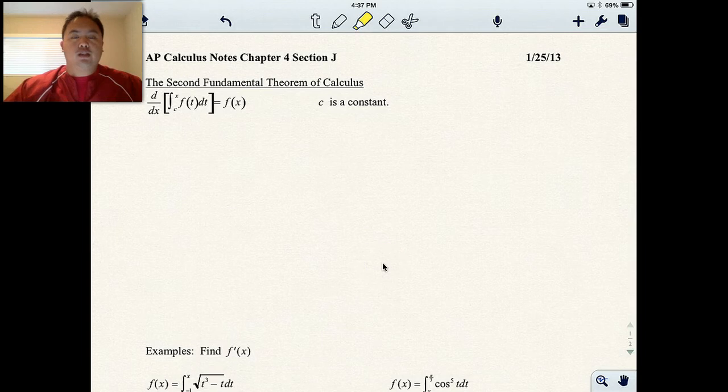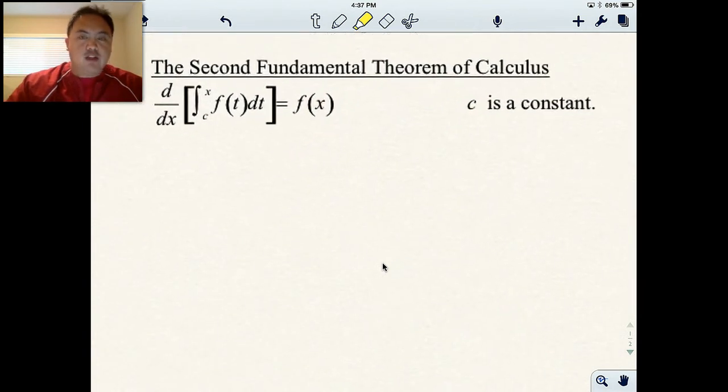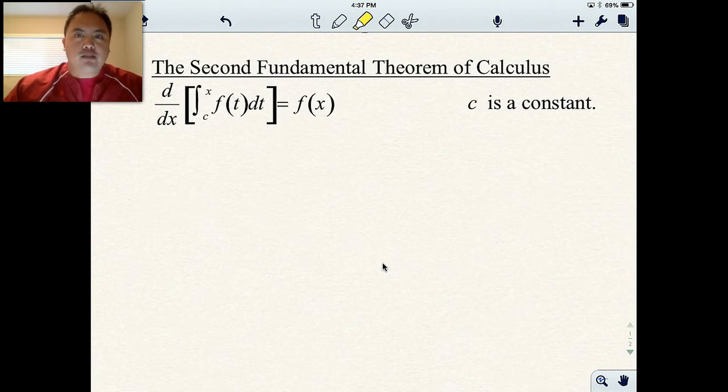Hello, this lesson is on the second fundamental theorem of calculus. This lesson sounds more intimidating than the actual title, and I think you'll understand, once we do this, that it's not as difficult as it sounds. So the second fundamental theorem of calculus, if I could zoom in here, I know that you guys don't have the notes. You could take notes or you could just listen, it doesn't matter, but I want you to understand